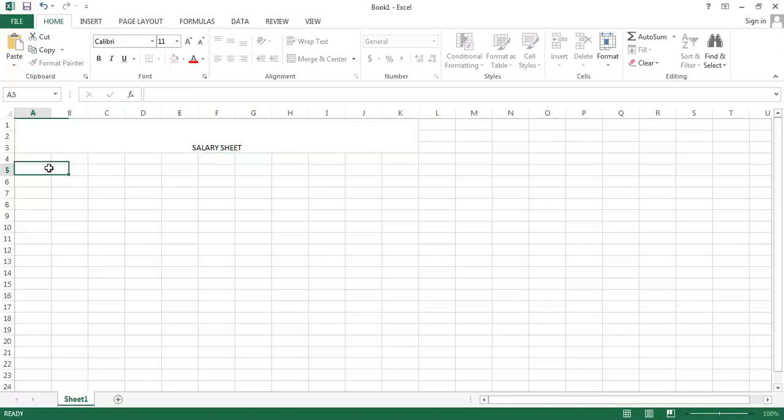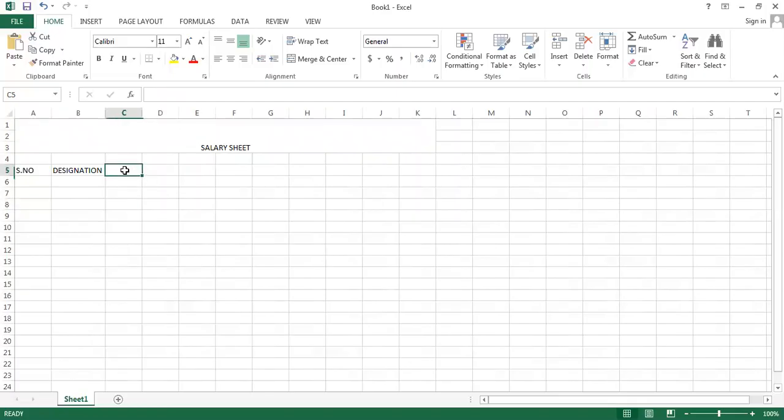And now I am moving my cursor to cell A5, where I'll be writing the serial number followed by the designation. After designation, I'll be writing the basic salary, followed by home allowance, followed by medical allowance, followed by transportation allowance, and here I'll be finding out the bonus and increment.